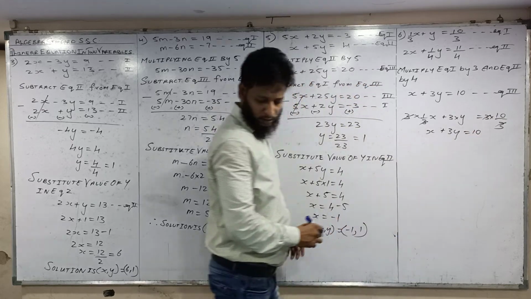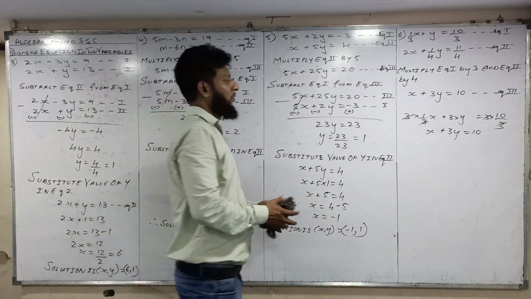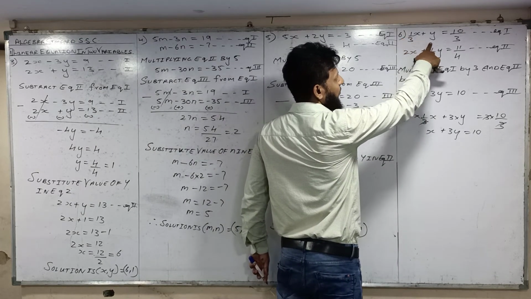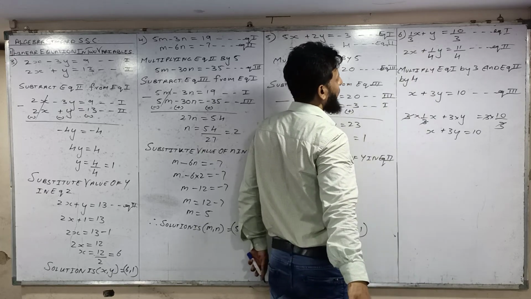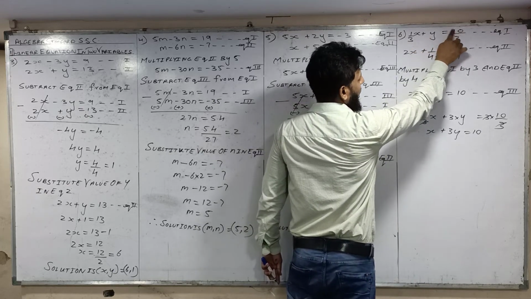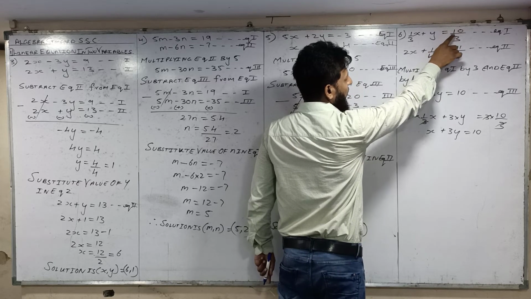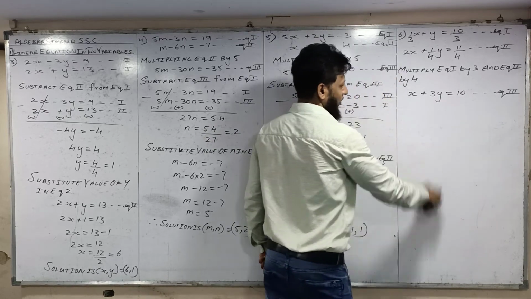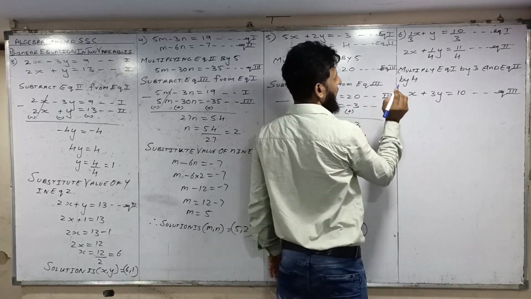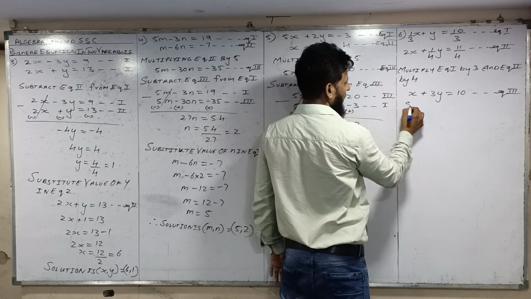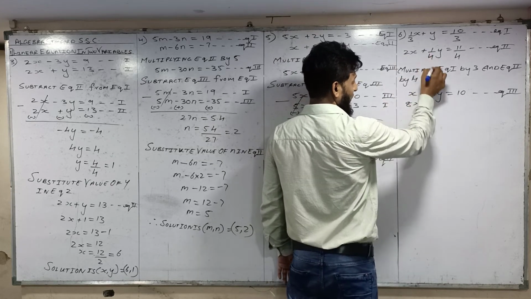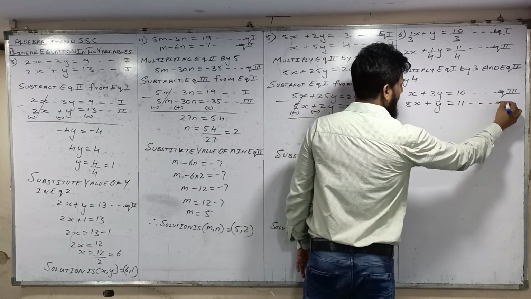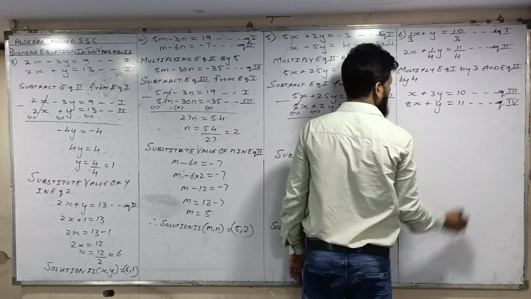So what we have to do? We can see, there is no denominator, so only x, then 3y, then here you have to multiply by 3, only 10 is left. For example, we have done it here. Now if you multiply by 4, 4 2s are 8x, 4 cancels, only y is left, and only 11 is left. This is equation 4.